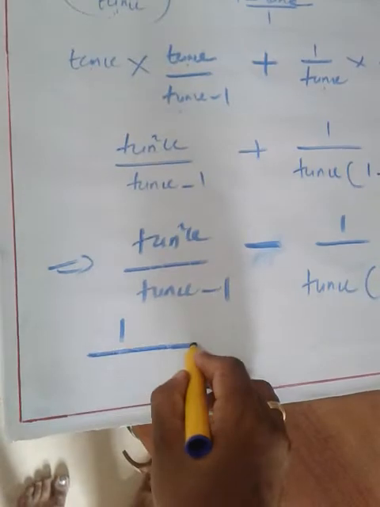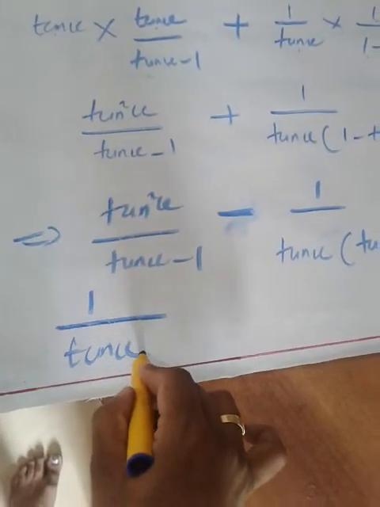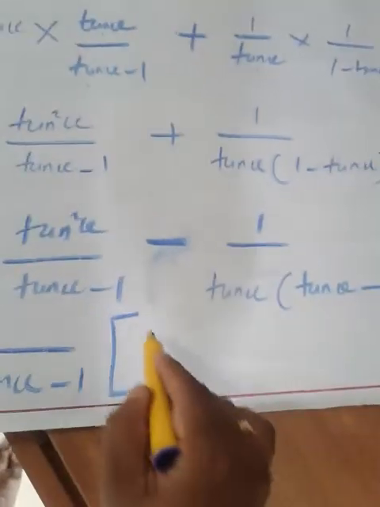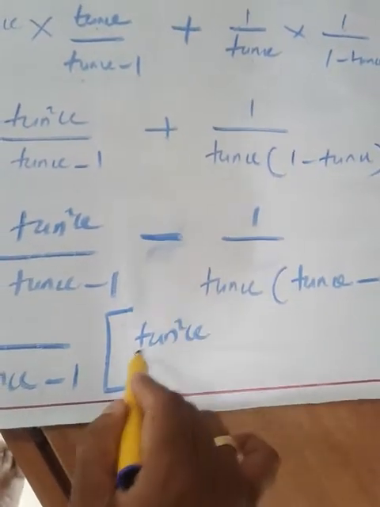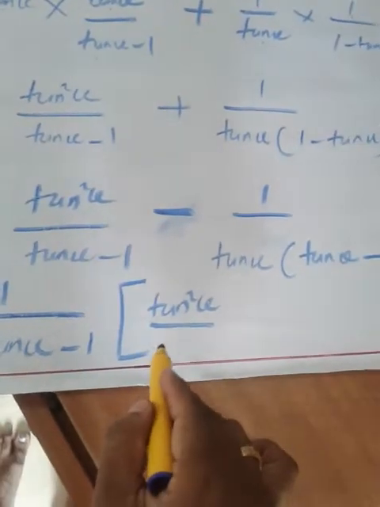So in order to take it from the denominator, as I said, you have to write 1 by that which is common, 1 by tan theta minus 1, take outside. What will remain? Tan square theta as it is by tan theta minus 1 already came outside. Here nothing will remain, so just write 1.